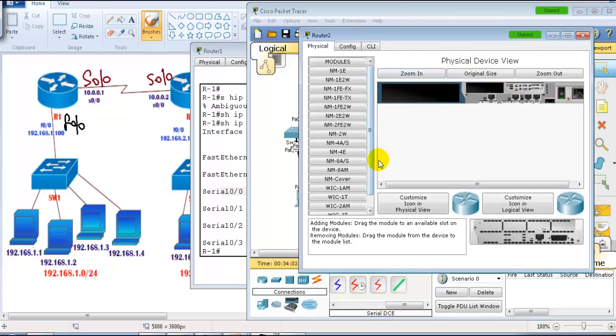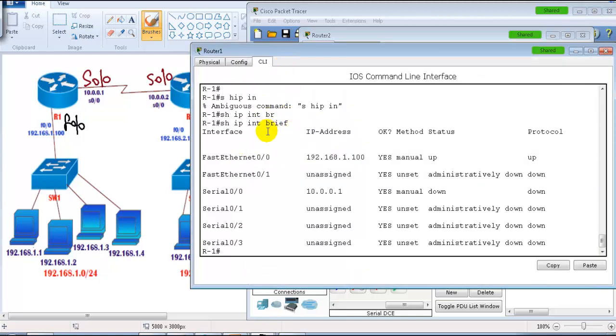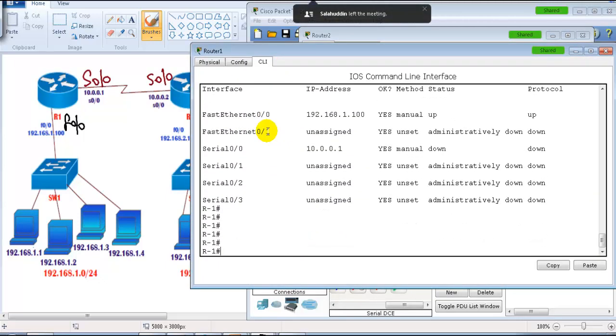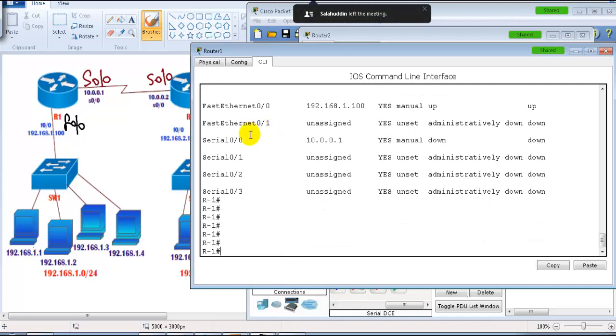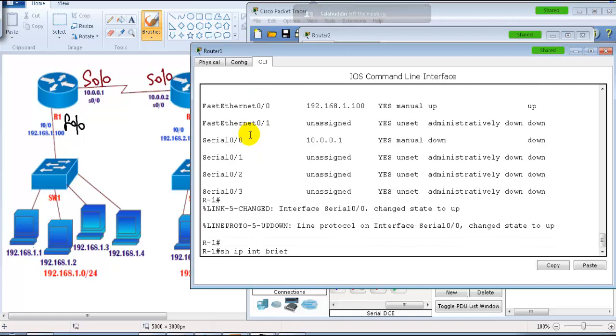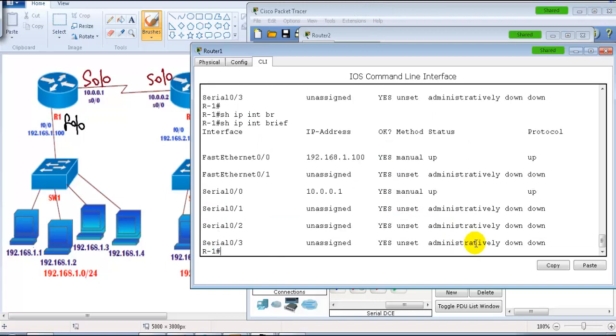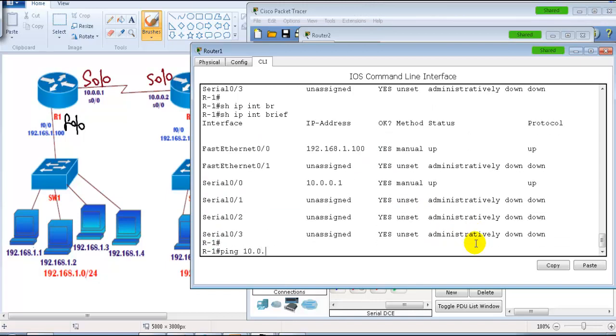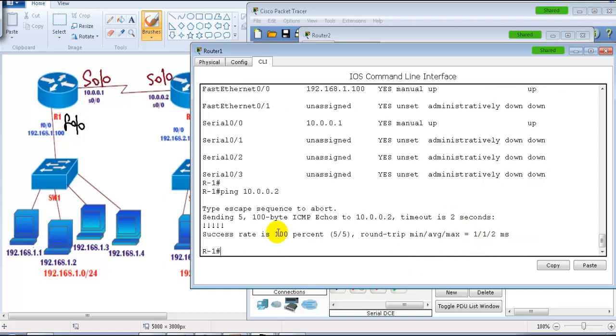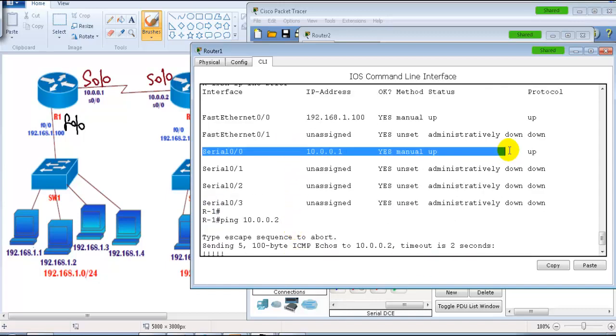So just power on the device. After some time the status message comes back to up. Now if I give show ip interface brief and ping the other device, I'm able to ping, and the interface status is up and up.